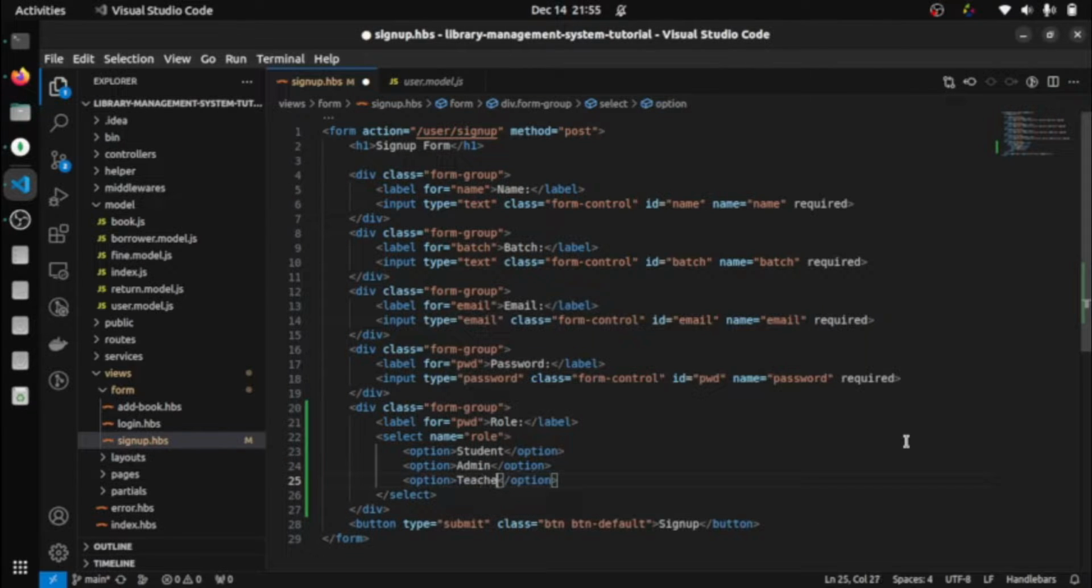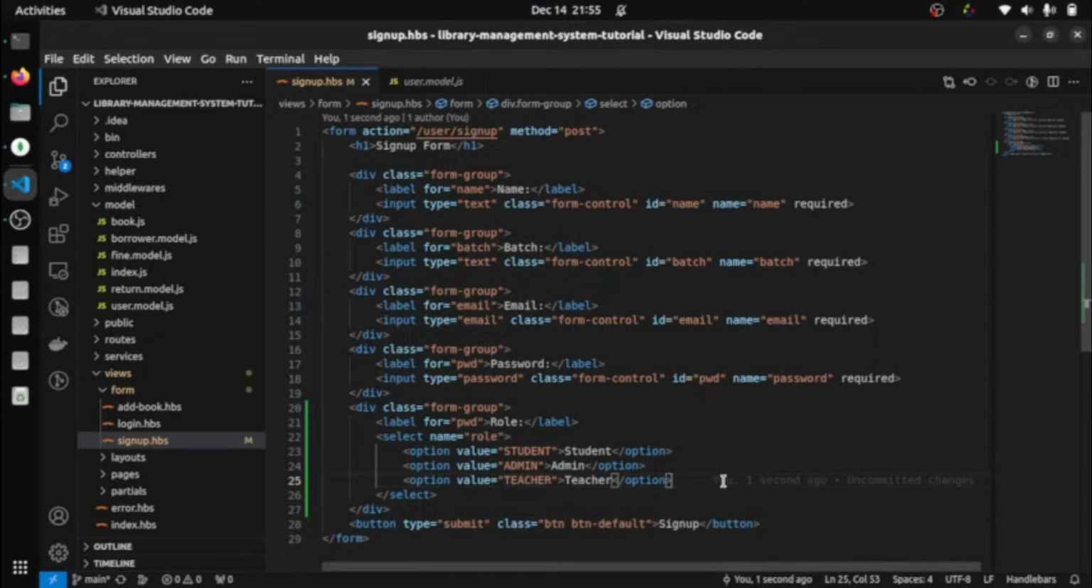And for each role just add a value so that this value will be sent to the backend. Value for student will be STUDENT, value for admin will be ADMIN all caps, value for teacher will be TEACHER all caps. So now let me just start the app